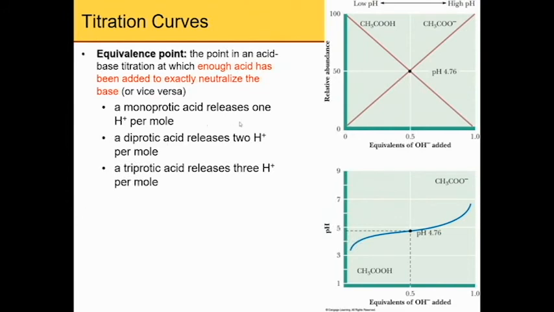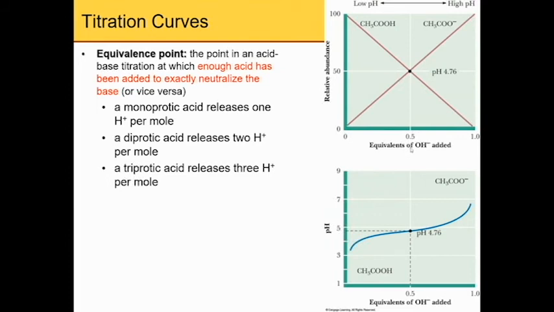A monoprotic acid releases 1 hydrogen per mole. A diprotic acid releases 2 hydrogens per mole. And a triprotic acid releases 3 hydrogens per mole. And this is just the relative abundance, all right? So acetic acid, and then an increasing amount of the acetate ion,